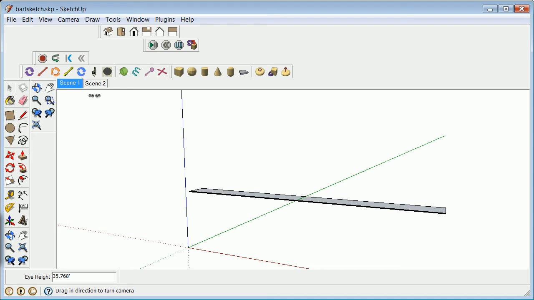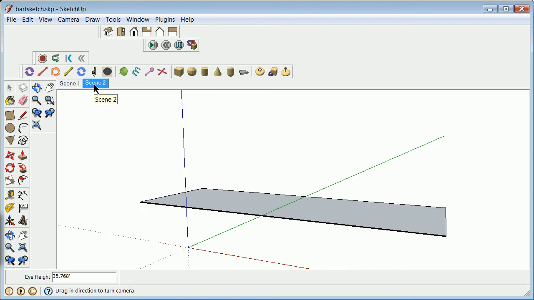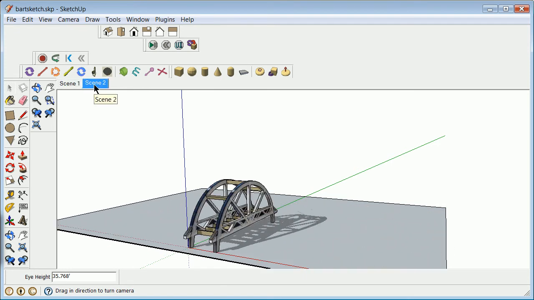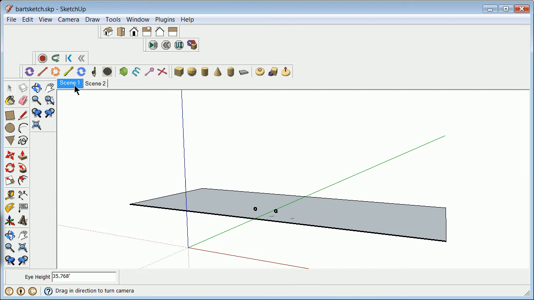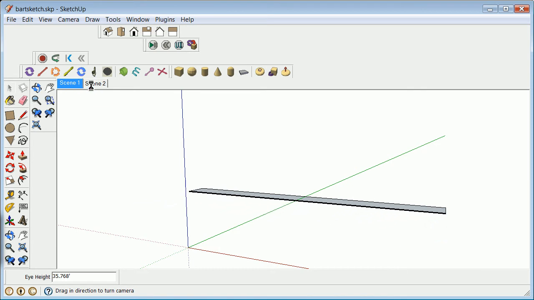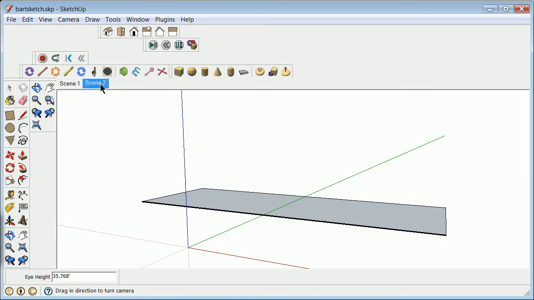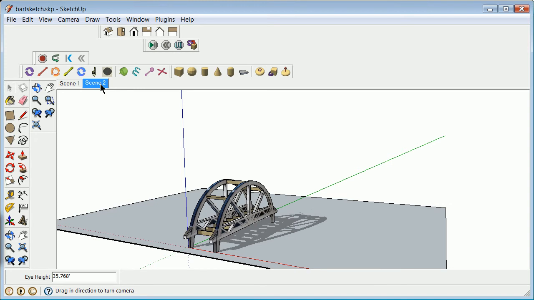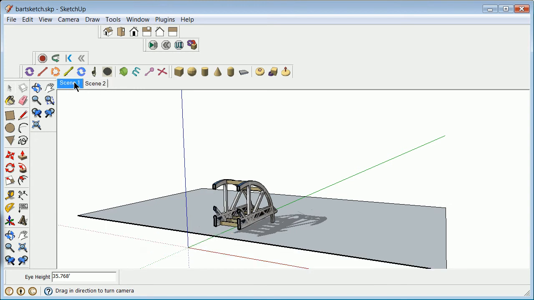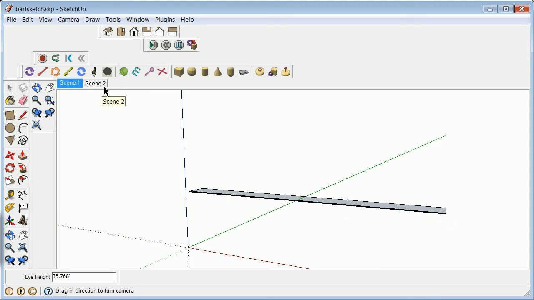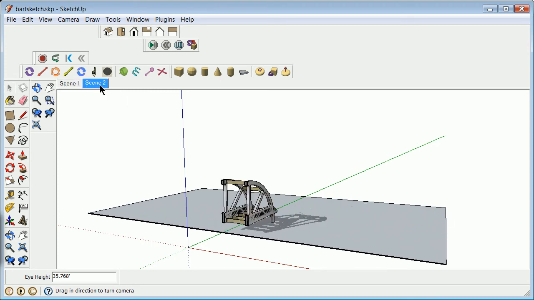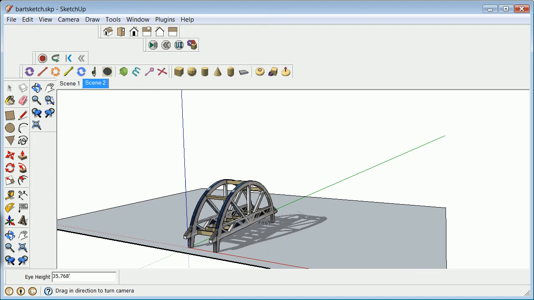Alright, this is just some simple animation using SketchUp and a bridge you might recognize. All we're doing here is setting two scenes up with different section planes, and if you notice there, some information regarding shadowing. So what we can do if we want to change just the shadowing effect,